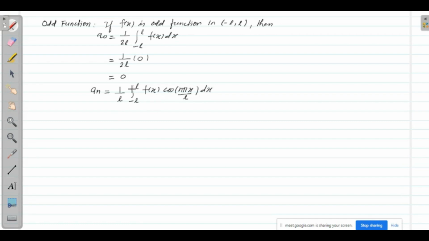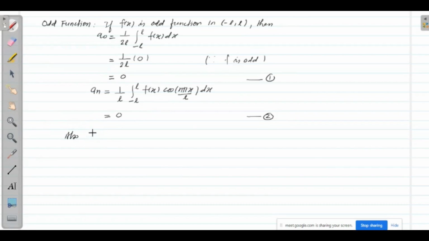Now see, here f is an odd function, but cos is an even function. So odd multiplied by even function is an odd function. So by properties of definite integral, again an will be zero. You can write here since f is odd. Name this equation number 1, name this equation number 2, and also you will have